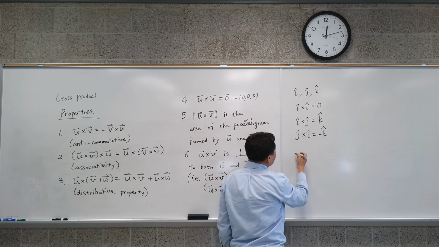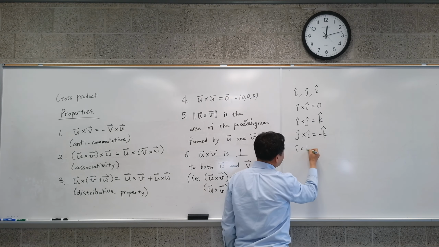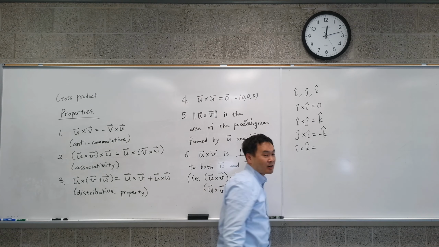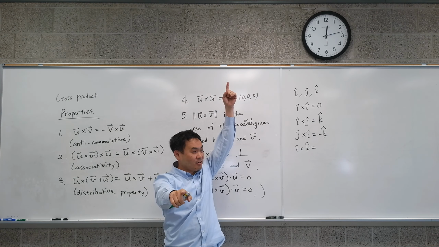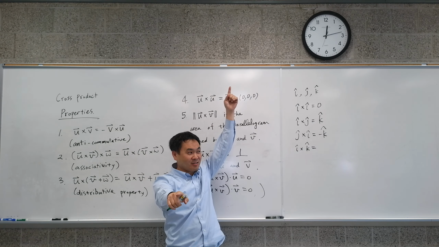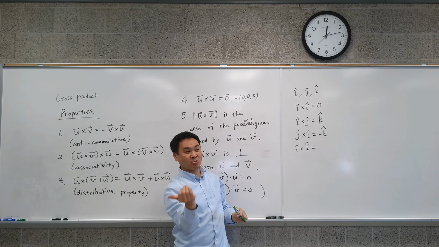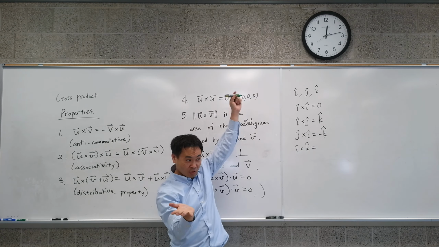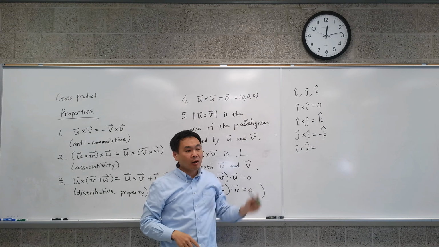Okay. How about I cross K? Oh, that's harder. I cross K. So I and K. Okay. So which direction is that? Is it negative J? Negative J, right? Because you go this way and then, so I and then K direction is here, right? So if you do the right-hand rule, it's going that way. So it's negative of J. Yeah. Oh, by the way,